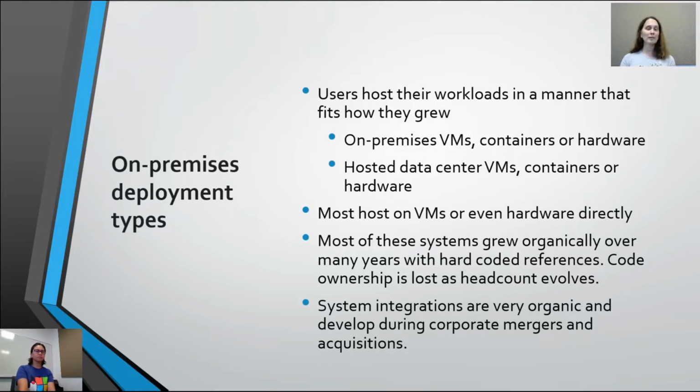A lot of these systems that people use were also developed organically over the years. The developers who wrote them have probably gone to other jobs, or maybe you bought it through a contractor or vendor who may or may not have maintained knowledge on the product. Either way, you're looking at systems that have gone stale, making it more of a challenge to move your workloads to the cloud. So the point there is you don't want to incur a lot of change when you make your first steps.